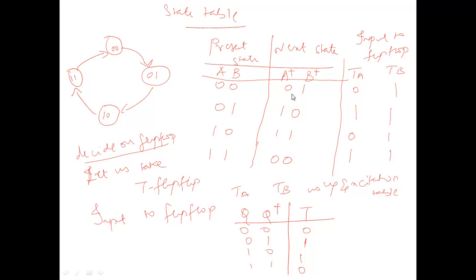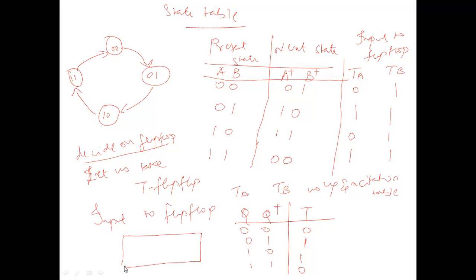Now you are ready to realize the counter using flip-flops and gates. For that you have to use the K-map. When you try to realize TA, you have variation, whereas for TB, for any combination of A and B, you have only 1. So directly you can write TB is equal to 1, independent of any combination of the present state. So you have to work out only for TA. For TA, when AB are 0 0 it is 0, 0 1 it is 1, 1 0 it is 0, 1 1 it is 1. So we can use a K-map for this.